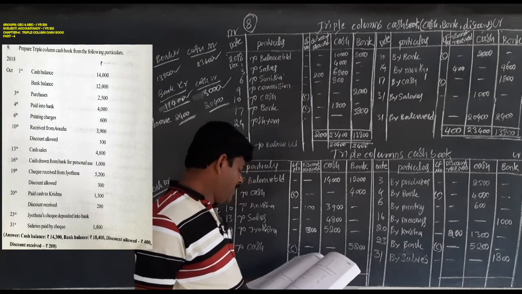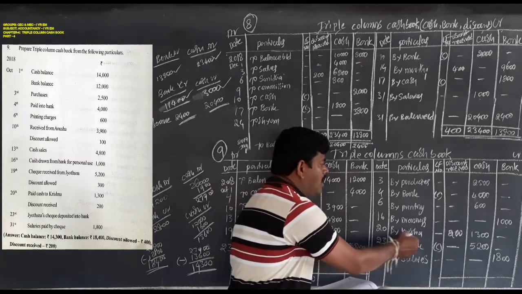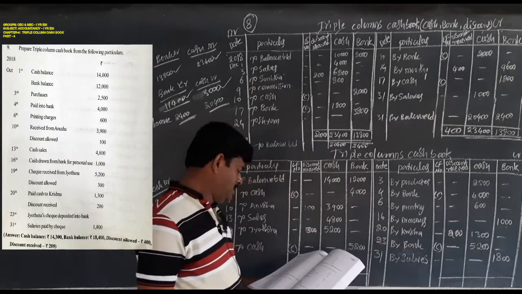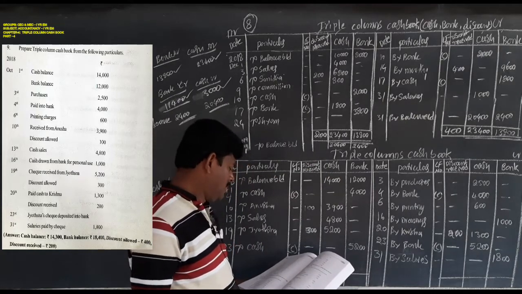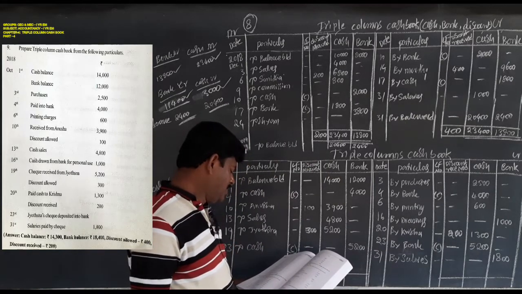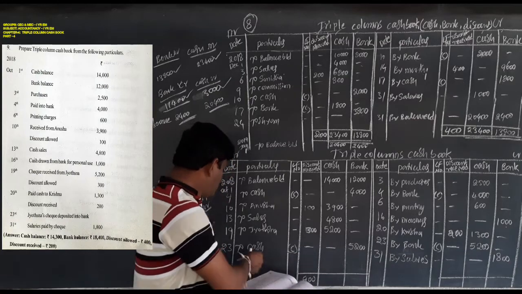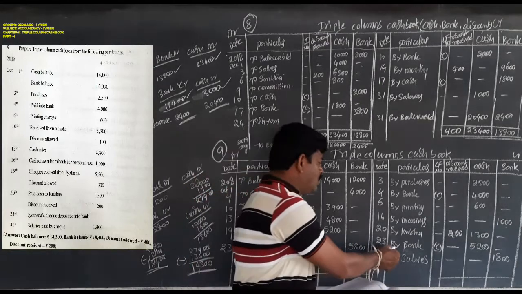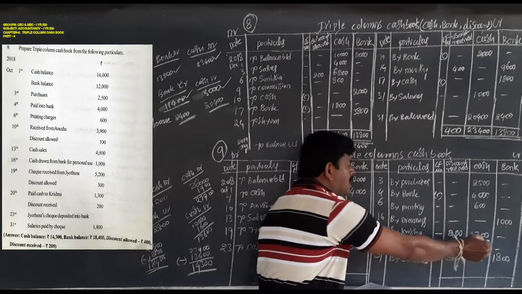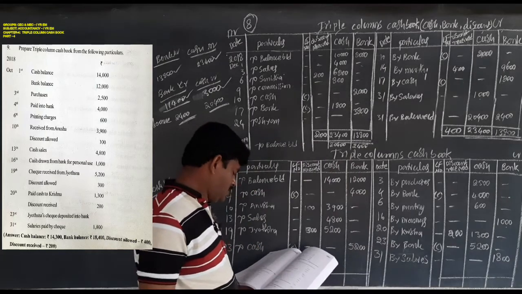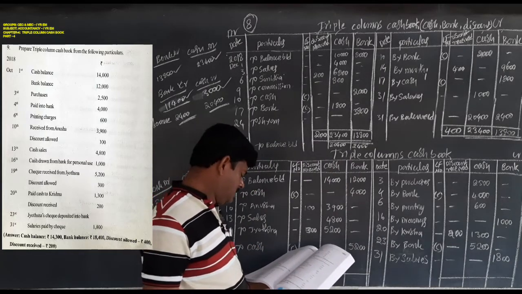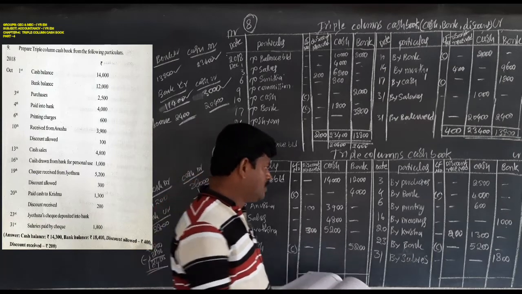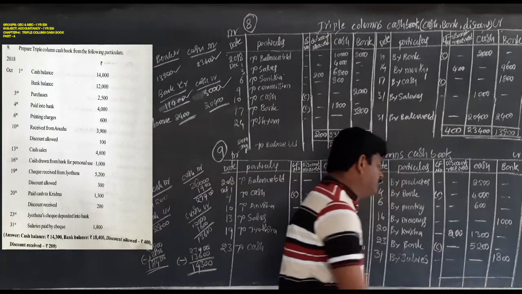date number 20, paid to Krishna, by Krishna, amount is 200 rupees discount and 1,300 rupees is cash. Next, Josna's check is deposited into bank. This is the contra entry. So to cash, contra entry, amount in bank column. Here also, by bank, contra entry, amount in cash column. Next, 31st, salaries. So by salaries, and the payment made by check. So by salaries, amount in bank column.